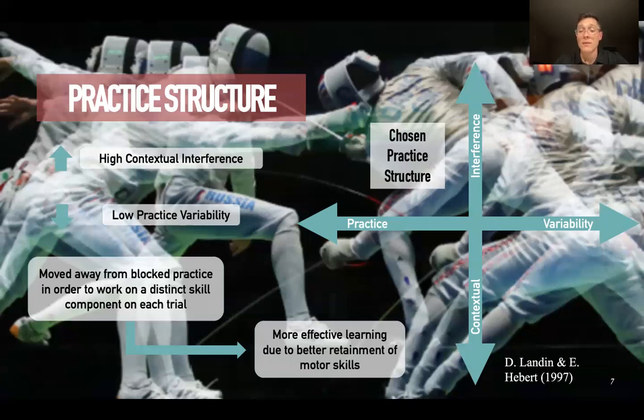We are doing this because some of the research has shown that contextual interference has a more effective effect on learning due to the retainment that it causes of said motor skills and the specific context. So one thing that's good about contextual interference is that it's going to free the athlete of being dependent on a very specific context that sometimes blocked practice will promote and expose the athletes to. So that's why we're deciding to go with a